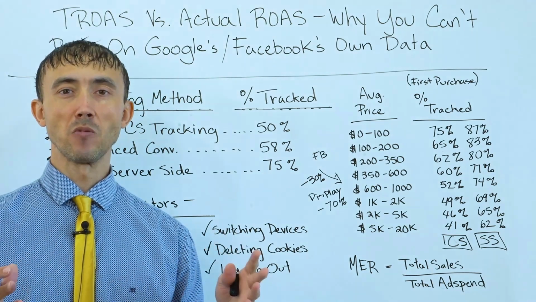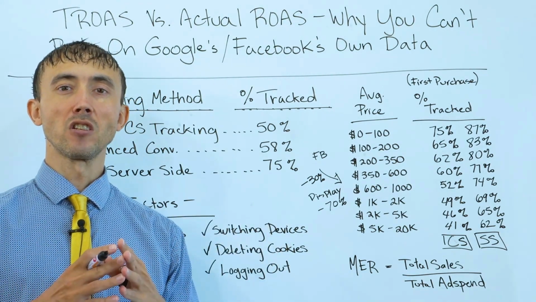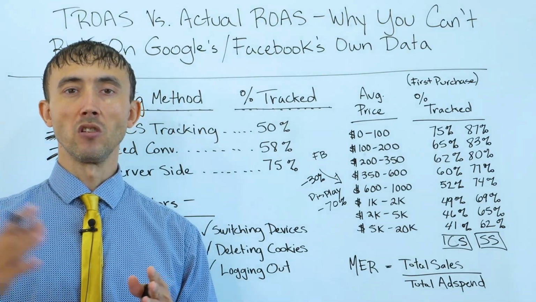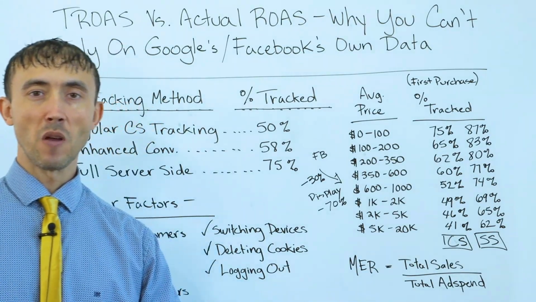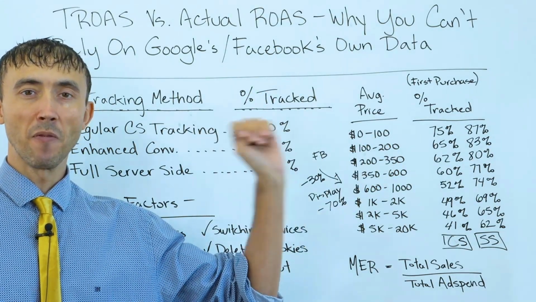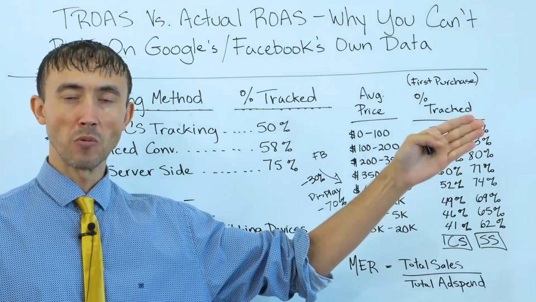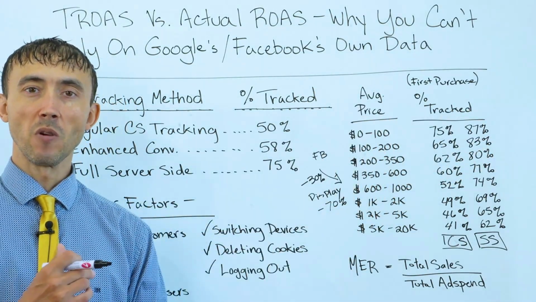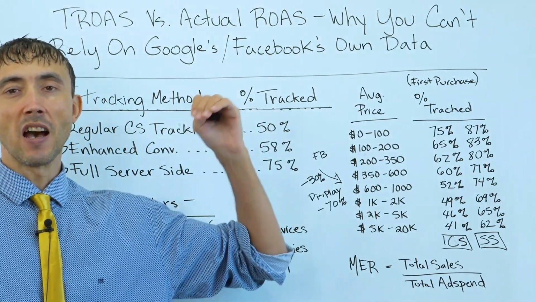So what's the average amount that people spend on your website? That's your premium. That's your expected future purchases from the customers that you're getting on a regular basis. In other words, if your ad account says you're making 500, you're probably making 1,000 at the end of the day. And then on top of that, you're probably making another 300 in subsequent purchases. So really what your return is 1,300 when your ad account says 500,